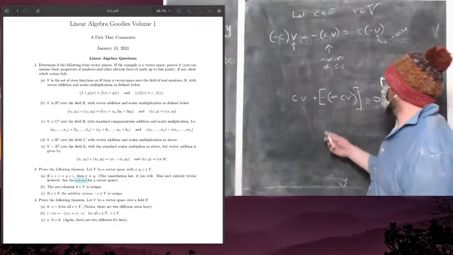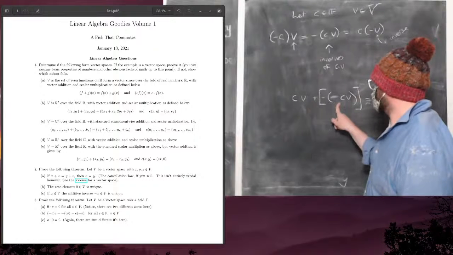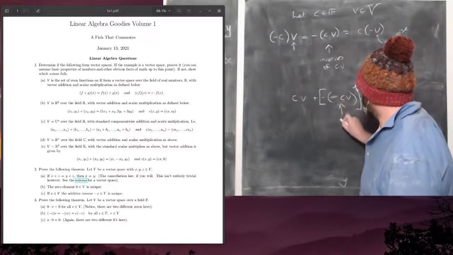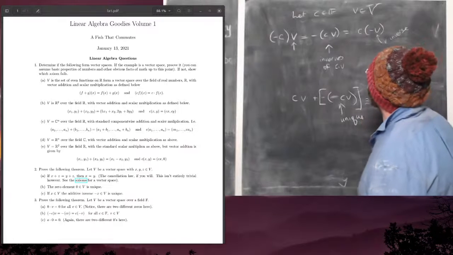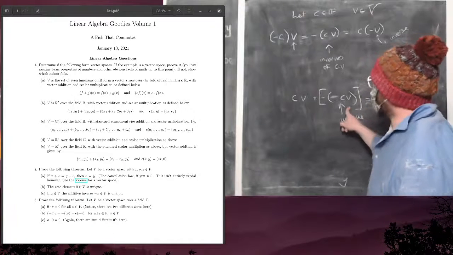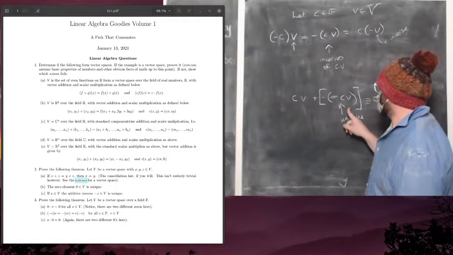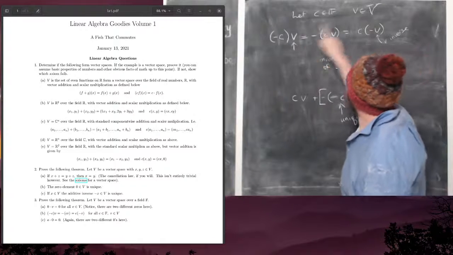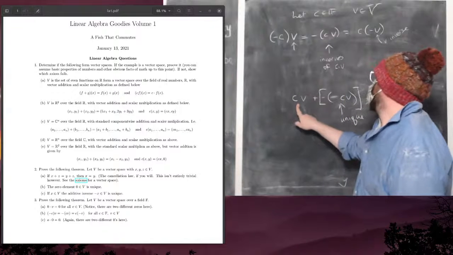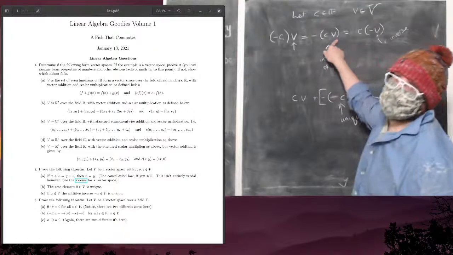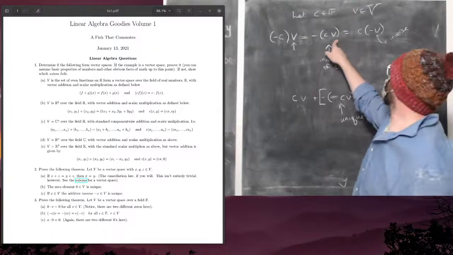Right. The important thing, though, to know is that this is unique. Right? And we proved that a minute ago. It was like the last thing we did, I think. Yeah. And this uniqueness is going to be huge. So if we can show that, for example, say that this thing plus this thing equals 0, then we'll know it has to be equal to this because of the uniqueness of the inverse. Yeah. And similarly,